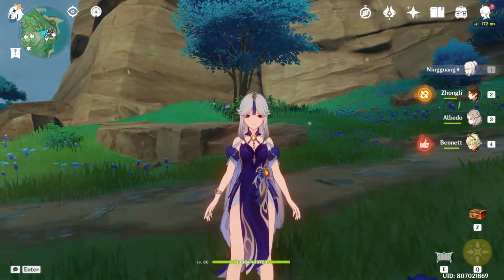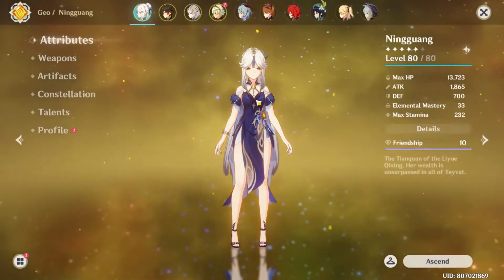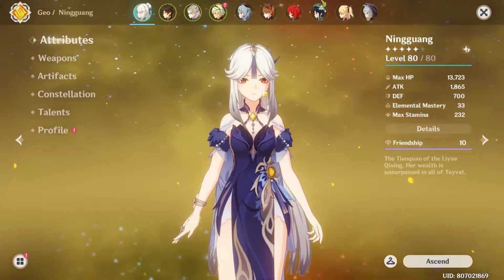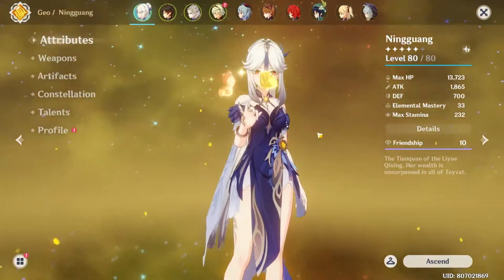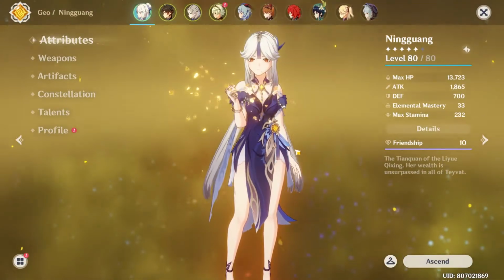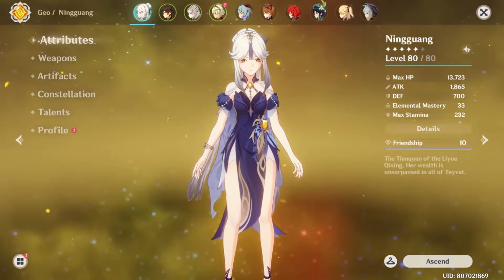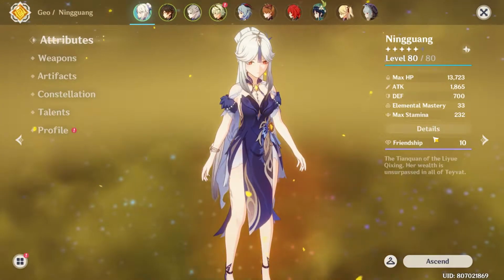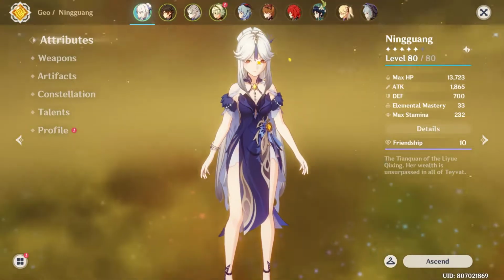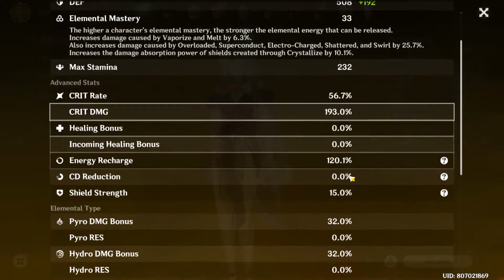Okay, so I will start by showing her build first. If you've seen my character build video where I showcased my whole account, I remember I didn't have her built specifically, like I didn't have any dedicated artifact set on her, but I've changed a few things on her, and I'll show you. So these are her stats as of now: